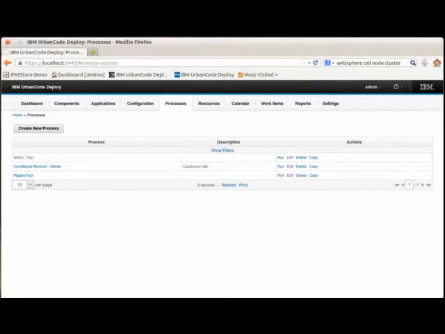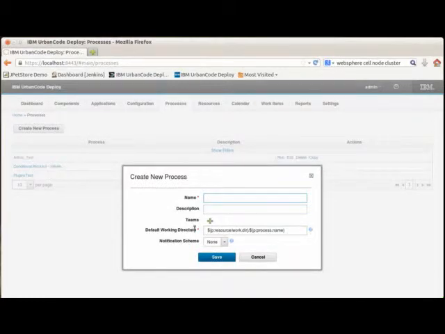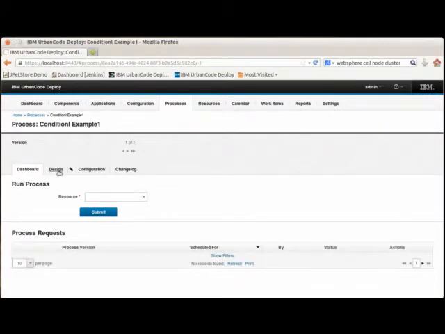Okay, so looking at the IBM UrbanCode Deploy tool, what we're going to do is create what's known in the tool as a generic process. This is simply a process that is unattached to the deployment of a component. It's a generic process, could be used for anything, maintenance or otherwise, in the environment. So we're going to go ahead to the Processes tab, create new processes, give it a nice generic name here, and take a quick look at the generic